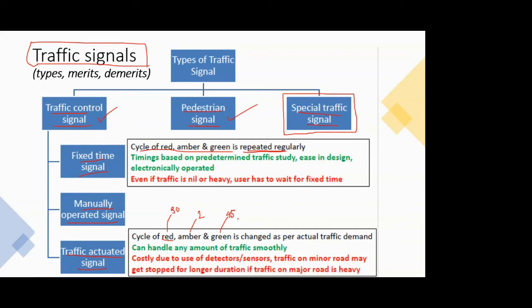And this same signal, when it's daytime, will act accordingly: whichever road is having more congestion or more queue of vehicles, there the green time is increased, and on the other road, which might be a minor road with fewer vehicles, there the red time is increased a bit. So in that way the traffic is controlled, and that is traffic actuated signals. In this a lot of coding goes in, because you have to write an algorithm that if this happens, what should be the decision taken, if that happens, what should be the decision taken.